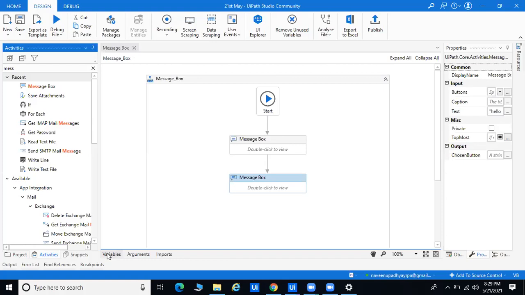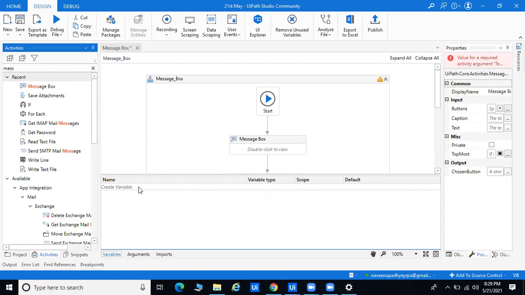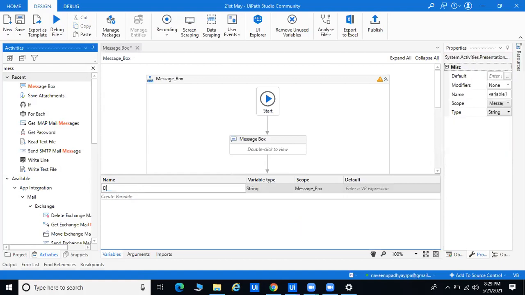Right now, I want to display the data through one variable. What I can do is take the message box, and here is the variable panel. You can go there and create the data variable.